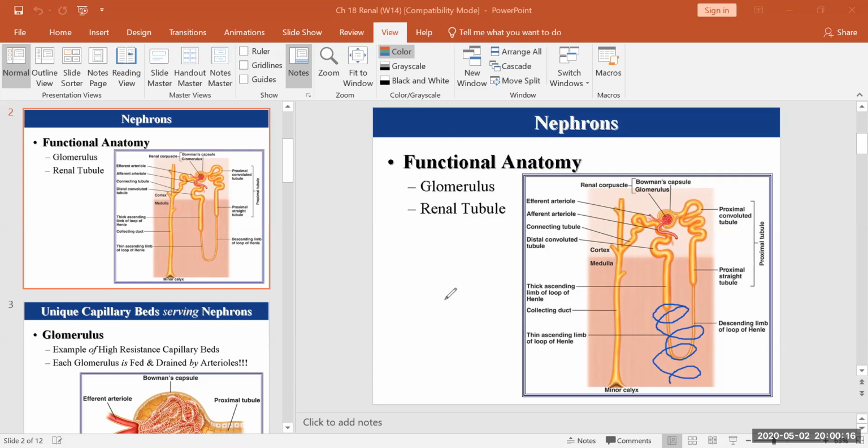Peritubular, P-E-R-I, the word tubular capillary. Whereas the capillary bed that is interacting with the longer loop of Henle in the juxtamedullary nephrons, they're called vasa recta, V-A-S-A, 2 words. The second word, recta, R-E-C-T-A. So the vasa recta interacts with the longer loop of Henle in the juxtamedullary nephrons, the 15% population nephron